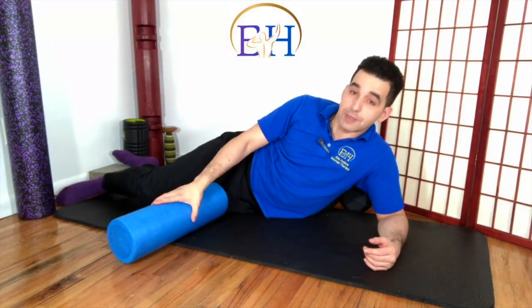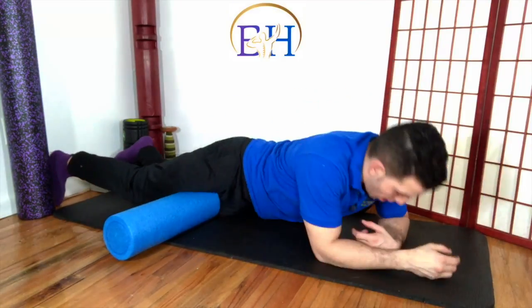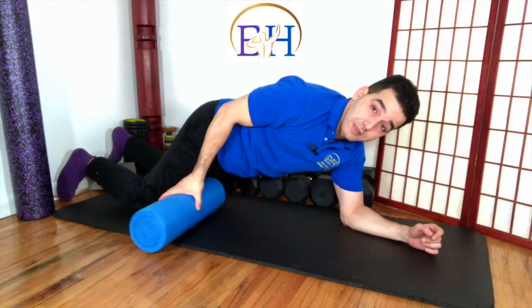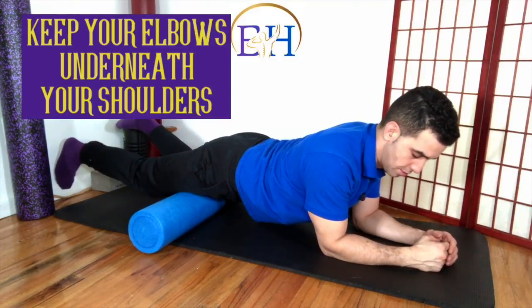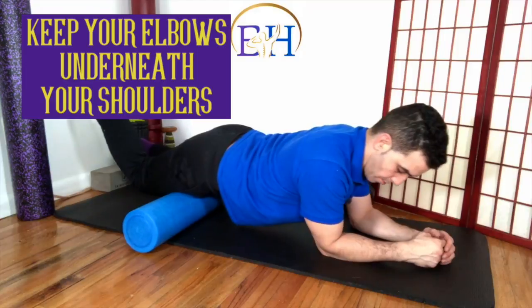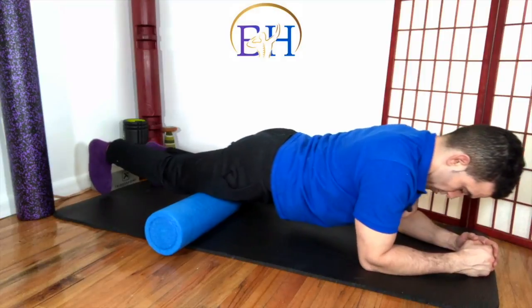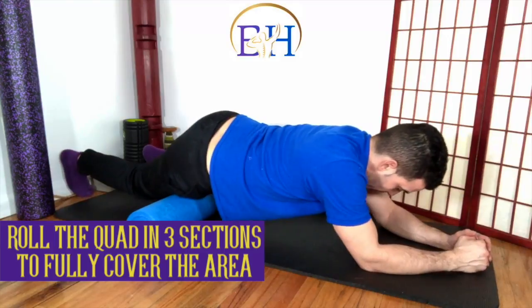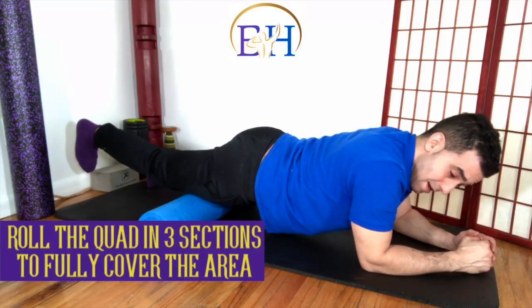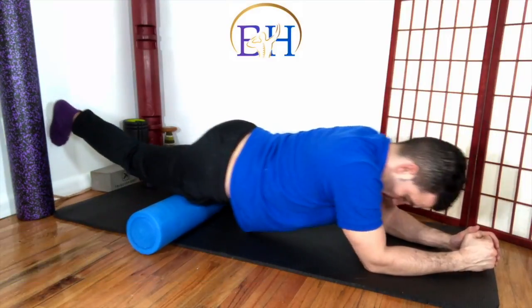So we're going to take a nice soft foam roller. We're going to place it down and then we're going to get that front of the thigh right down onto it, as you see, just like this. Make sure that your elbows stay underneath your shoulders and you're going to roll back and forth just like this, right? You can divide it up into sections as you roll out the quad because you're going to find areas that need focus, and that's why dividing into sections is fine. Back and forth,